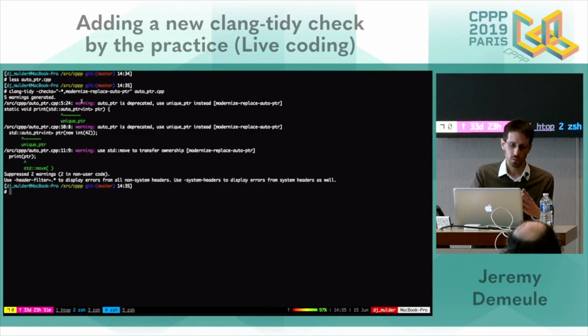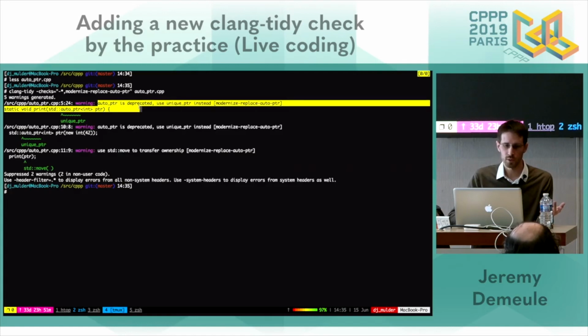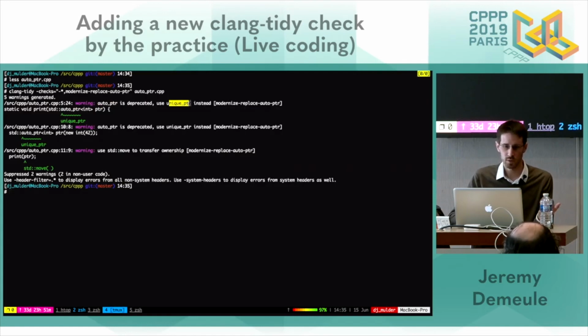And now we have warnings, compiler warnings, which are the diagnostics of the linter saying: OK, auto_ptr is deprecated, and we should use unique_ptr instead.